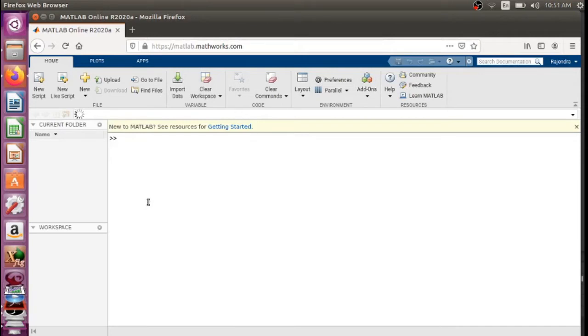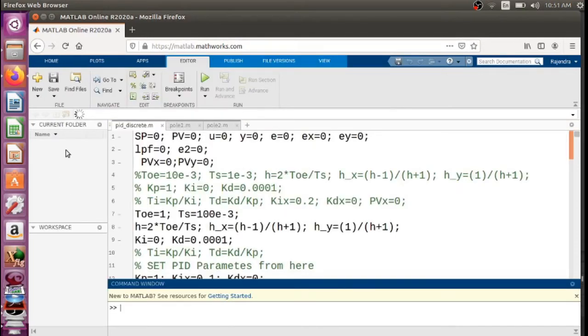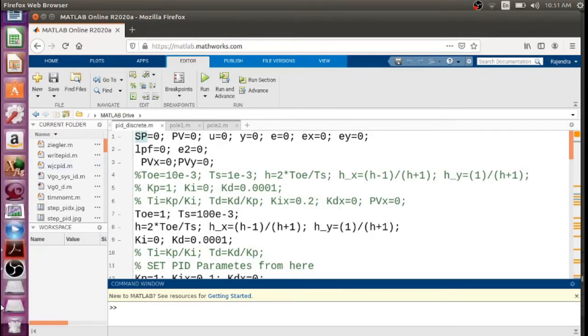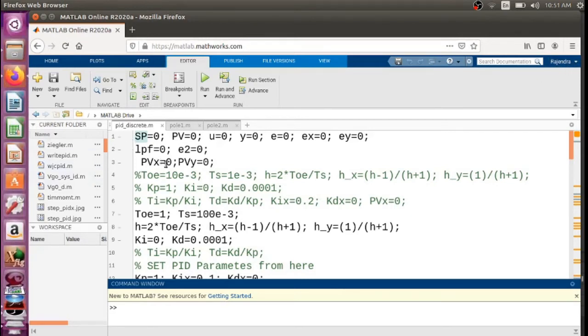So now we have reached here. It is also providing cloud services, so all our files are here. All these files are available in the cloud. They have a separate cloud called MATLAB Drive. They provide this drive on their server, attached to this account. I have my own account, so we can start using MATLAB online.